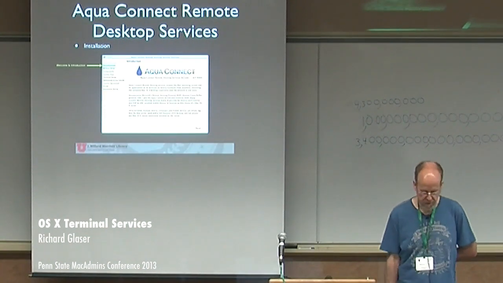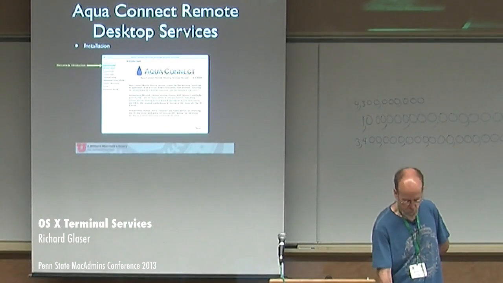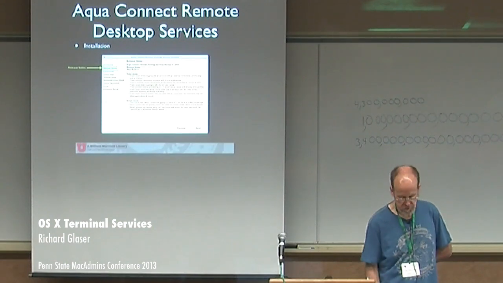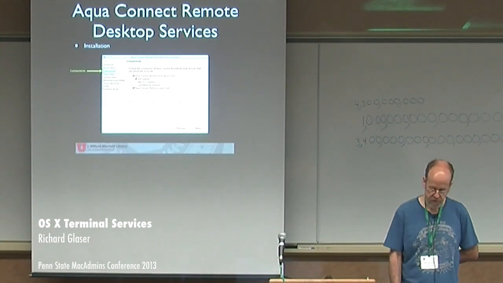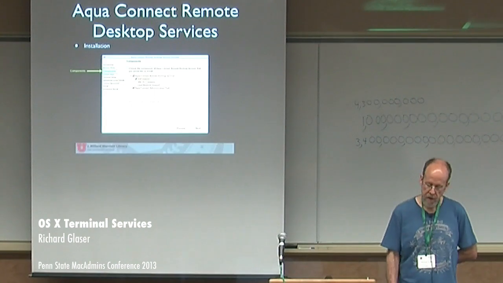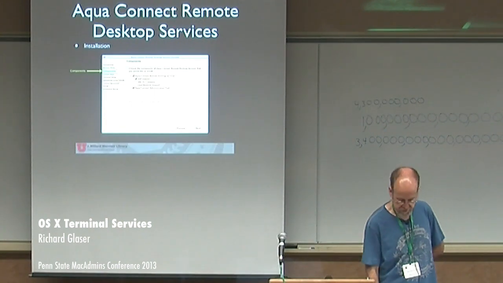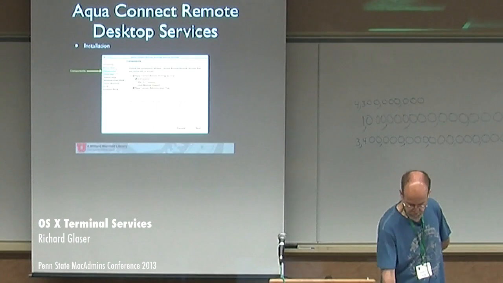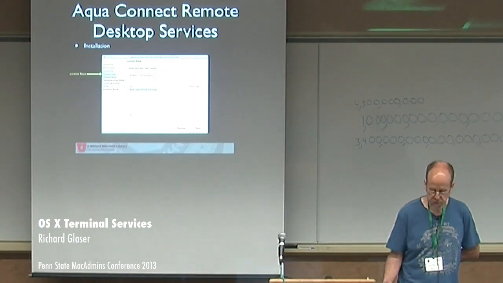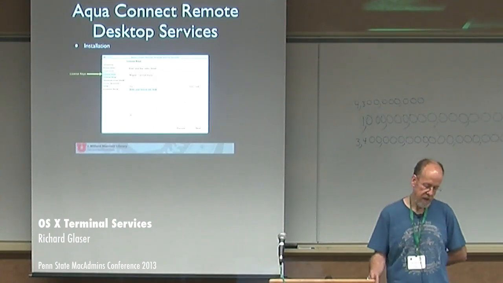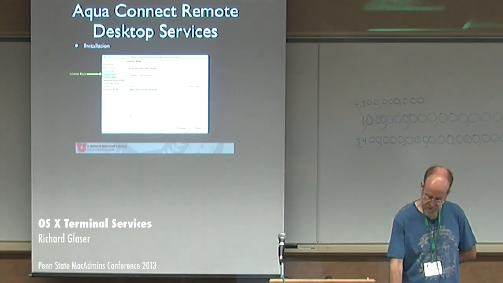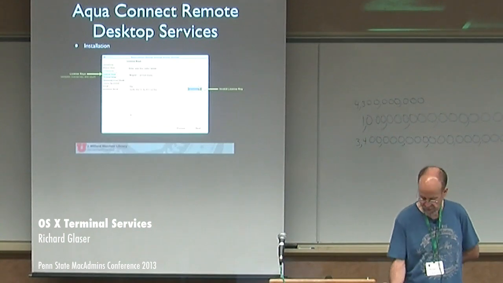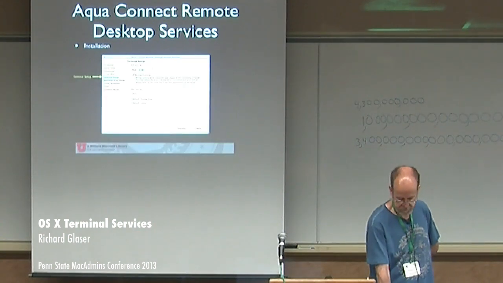I'll quickly go over the installation. Basically, there's a welcome screen, then the release notes, which give you fixes and known issues with the current release. Then components, which allow you to select certain protocols if you want to enable or disable them, for example AAP or VNC, or the load balancer. This is where you put the license keys. Aqua Connect basically hardware serializes each server, so you have a specific license key that goes with each server. If you input a correct one, you'll see something like this.